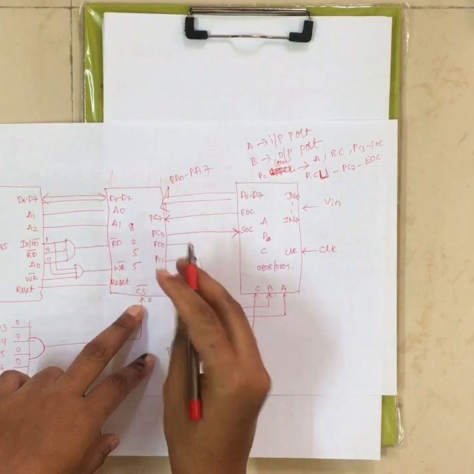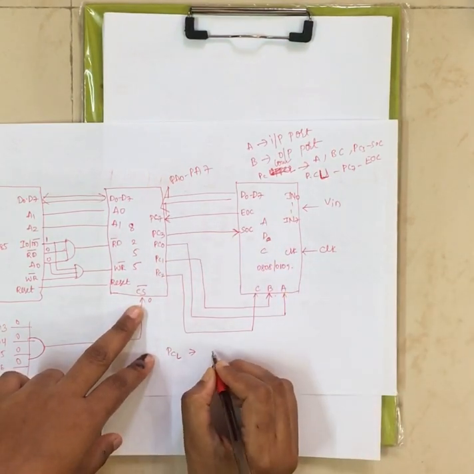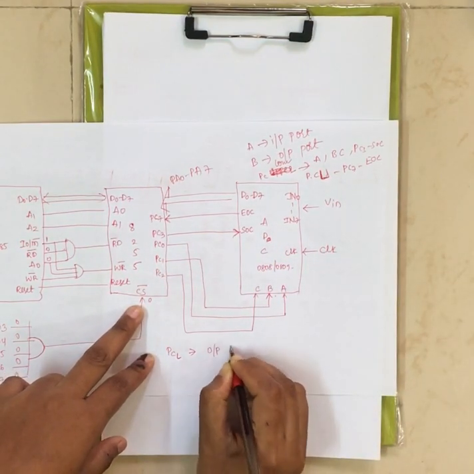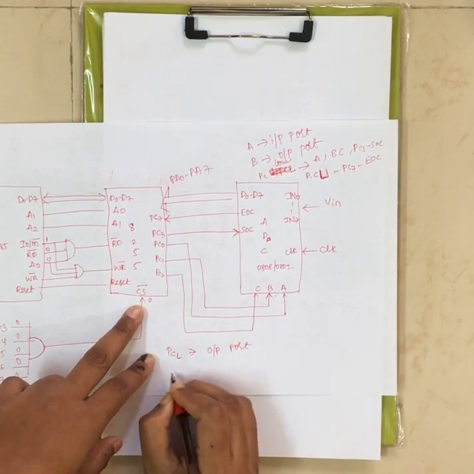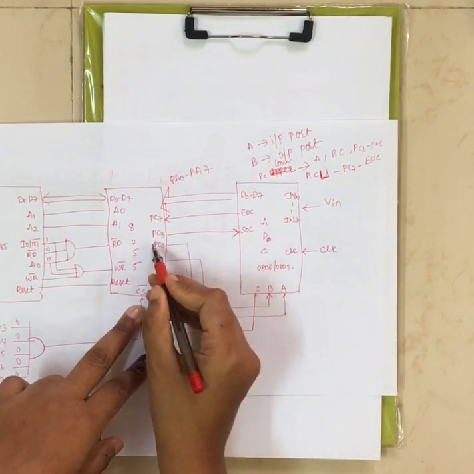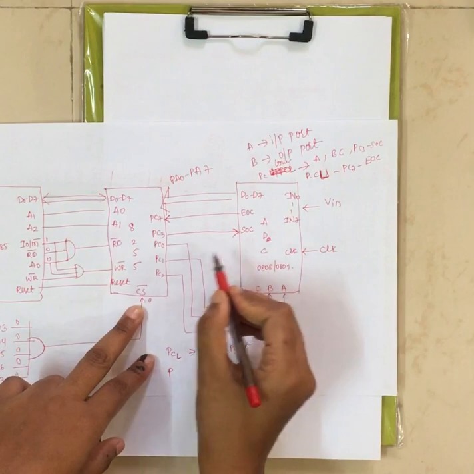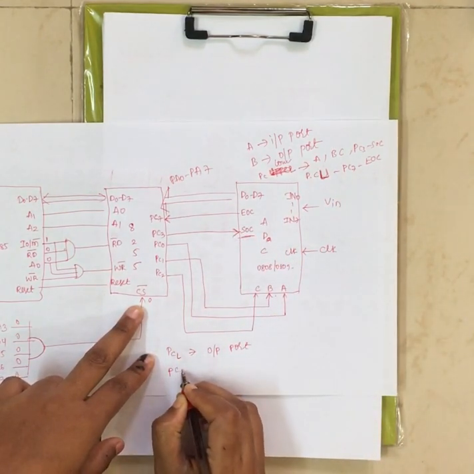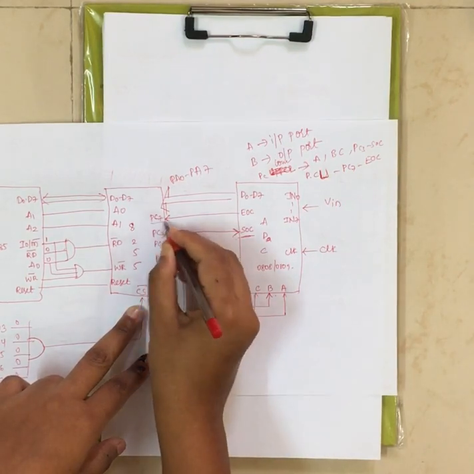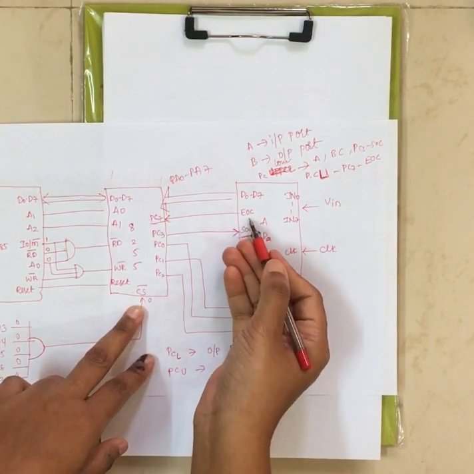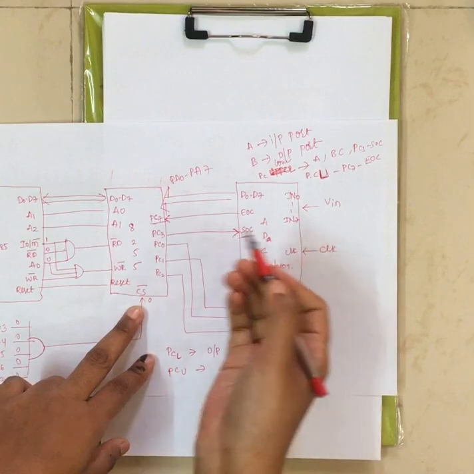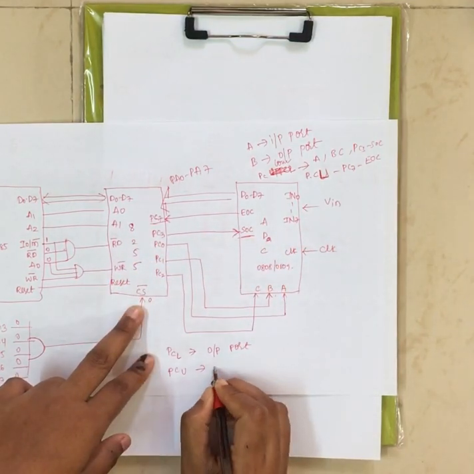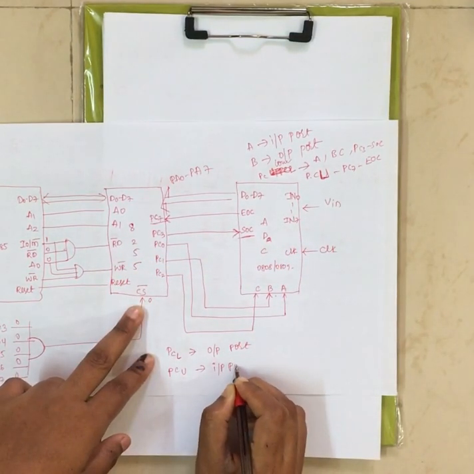It is passing some information, nothing but writing the data. Now PC0 is acting as an output port, right? PC3 is also providing some information to the ADC in order to start the conversion, right? In port C upper you have only the PC7 line. The end of conversion signal is generated from the ADC to the 8255. That's why it is called an input port, right?